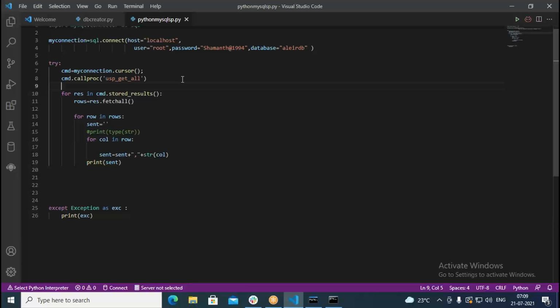When it's calling the procedure, it's going to retrieve data in the form of stored results here. From the stored results, we are going to fetch all the data: rows equal to res.fetchall. It's retrieving all the data. Then row by row, we are iterating here. Then we are printing column by column. First of all, we retrieve column by column, then we assign to sentence, then we print the sentence. So like this, we retrieved here and we are executing the code.